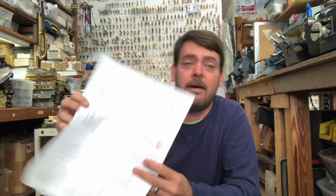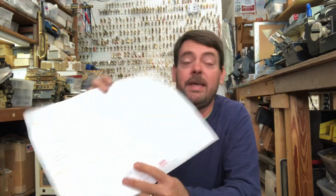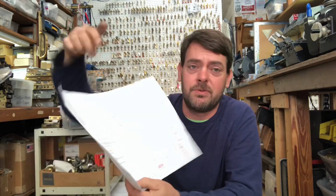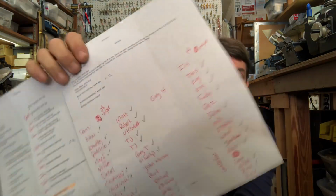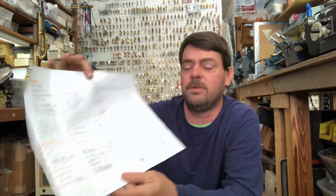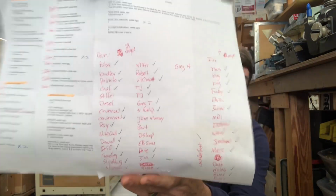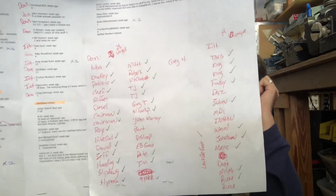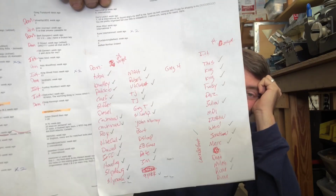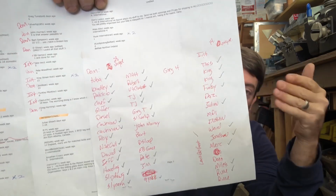And so what we have broken down is we have 28 unique domestics, and the ones with check marks right here followed the rules exactly as they were supposed to. Let's hold this up while I'm talking. So the ones with the check marks followed the rules exactly as requested, and they only put the quantity of